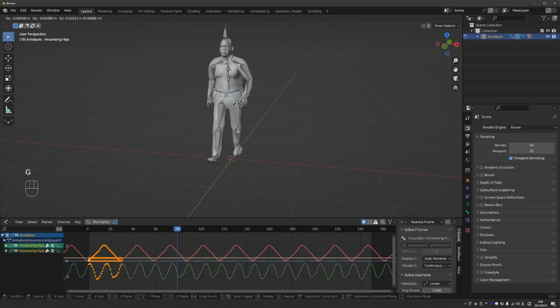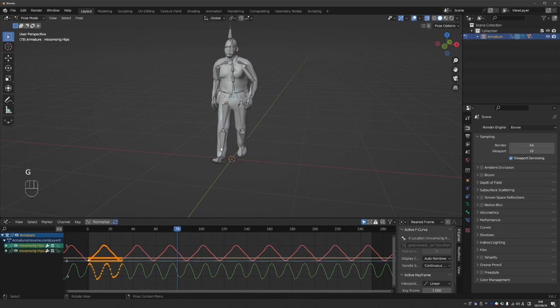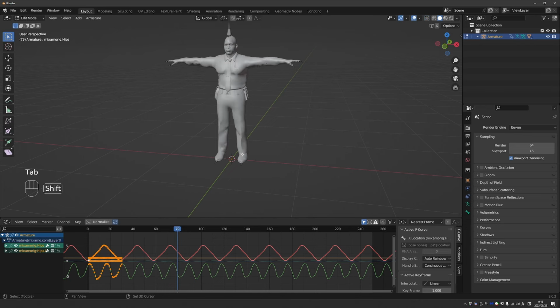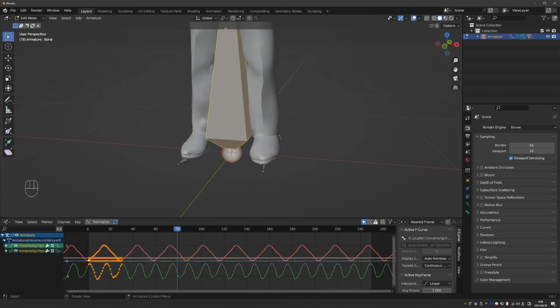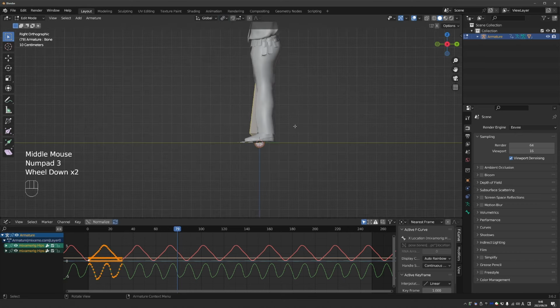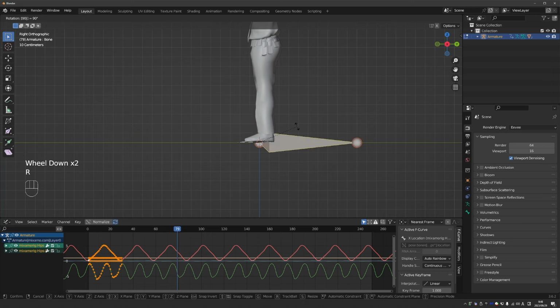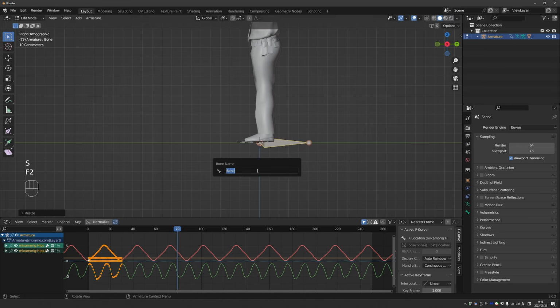So animating this bone will not work well. So what we can do is go to edit mode, add a new bone, then choose individual origins, go to side view, press R and then 90 on the numpad, and that will place this bone flat on the ground. You can scale it down a little bit, press F2, name it root,